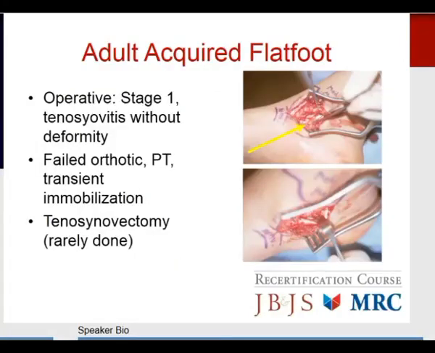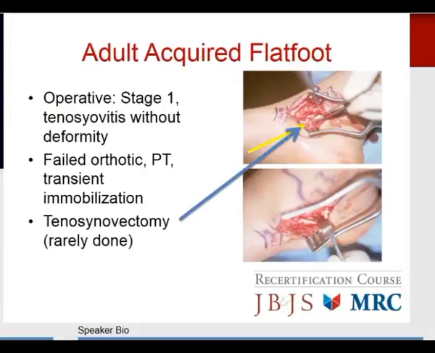So we talked about stages. If we have simple tenosynovitis or something where there's inflammation in the tendon itself, we can do a tenosynovectomy. I will tell you that that's extremely rare. You have to give these patients about 6 months of physical therapy before you put them into that category. Those patients have failed orthotics, they failed physical therapy, they failed transient immobilization, and when you do a tenosynovectomy, you're